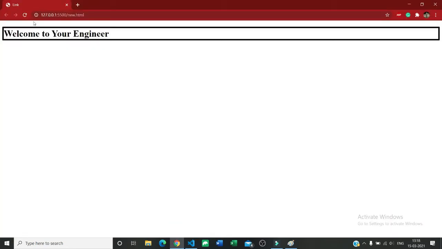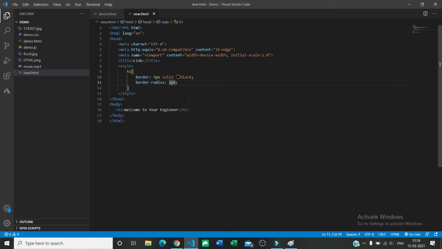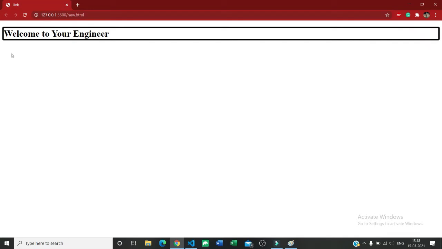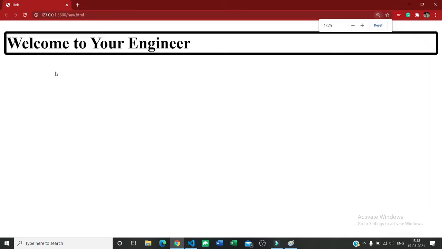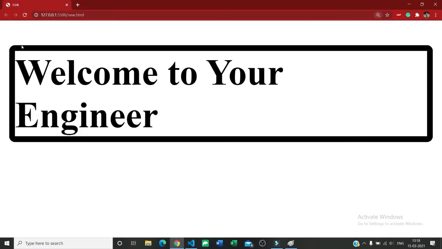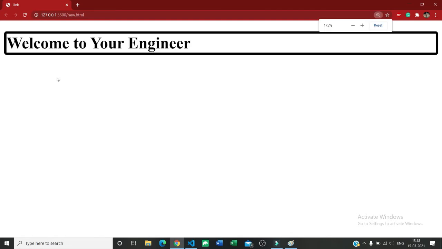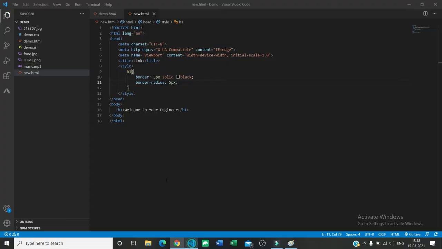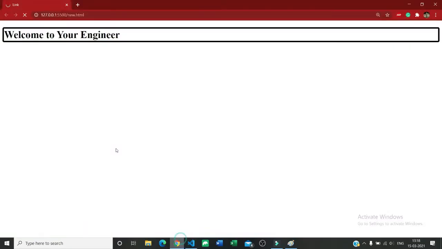So it's not appearing, because 2 pixel is a very small amount. So I can change it to, let's say, 5 pixel. Now save it. So you can see, if I increase the size, the border becomes rounded. If you want to see more clearly, I can just increase its size to, let's say, 15 pixel. Now save it. Now you can see the properly rounded border.